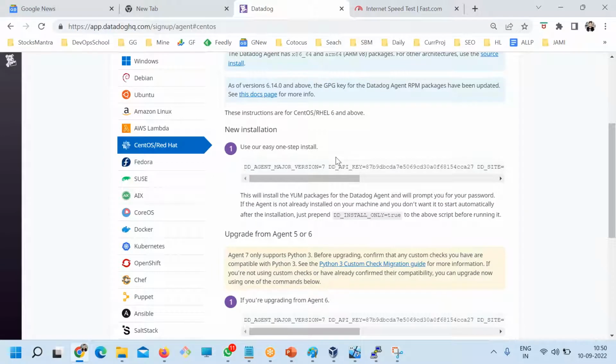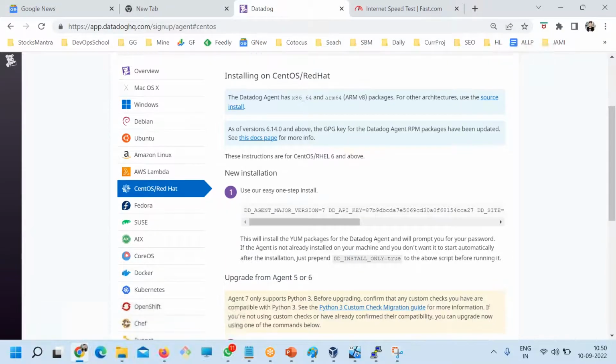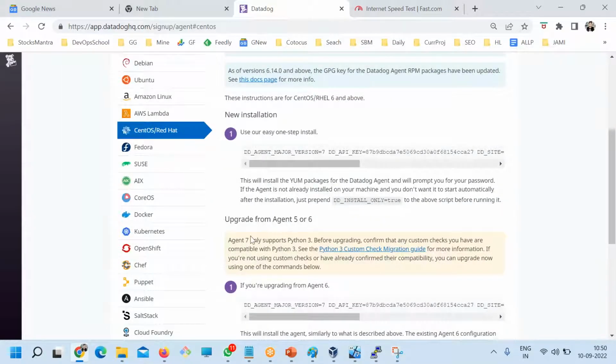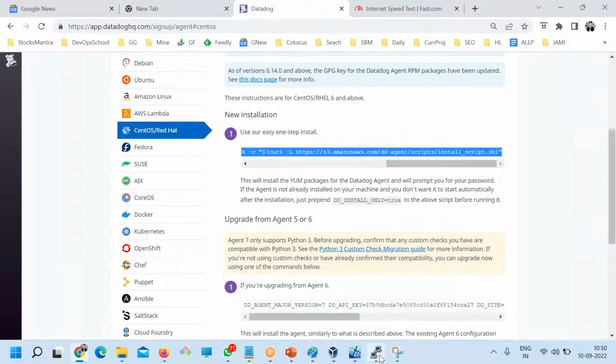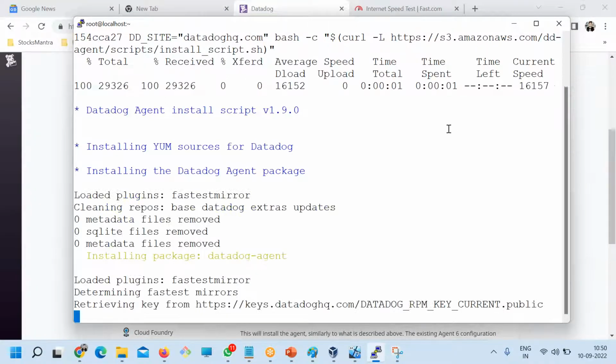Click on this. Now I'm just directly copying and pasting the commands, but if you are doing it, have a little patience, read each and every line and you will understand this. So this command is sufficient for installing the agent. Right now just copy and paste it. It has a key which has been generated automatically by Datadog. So that's the reason I said Datadog is easy to use. One script and installing the agent is done. So the agent is being installed.